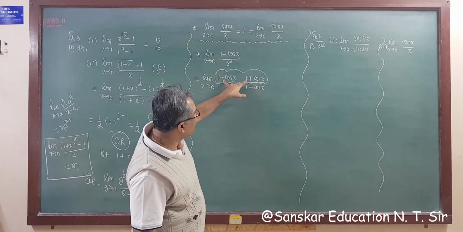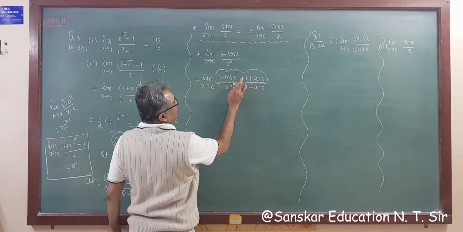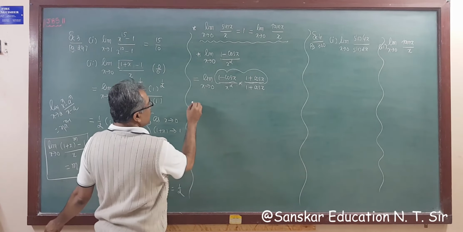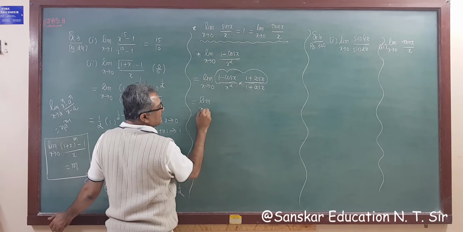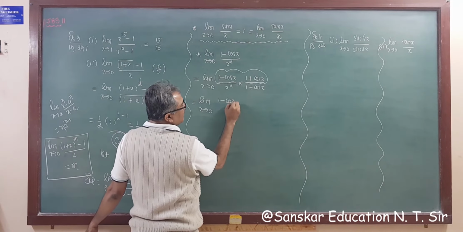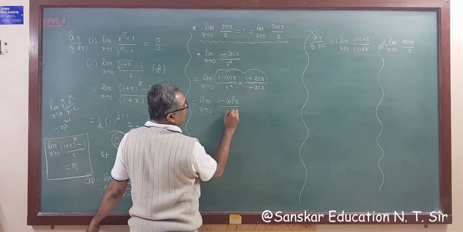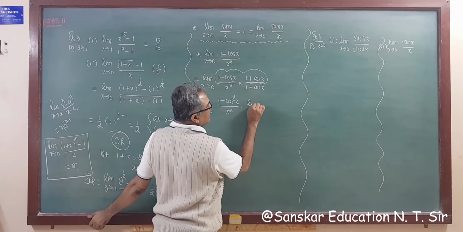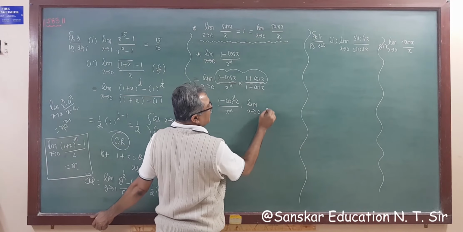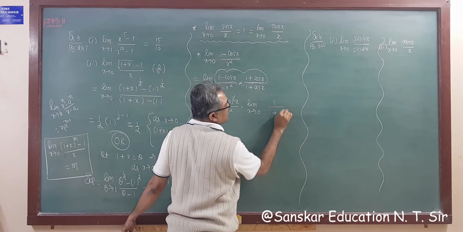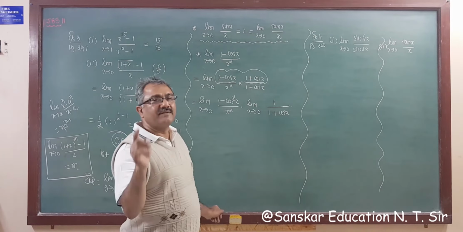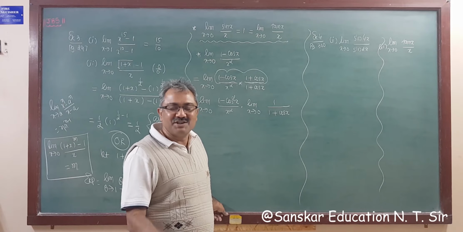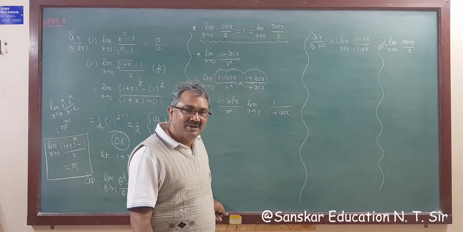Now this is 1 minus cos x times 1 plus cos x. What do we get here? 1 minus cos square x. So this becomes limit x tends to 0, 1 minus cos square x whole upon x square, and this is due to the rationalizing extra term. So I am giving it a separate limit. So writing a separate limit for this, it is 1 upon 1 plus cos x. Remember this, when you are rationalizing, the extra term is never equal to 0 in the denominator. Otherwise you can't divide and multiply by that term, right?